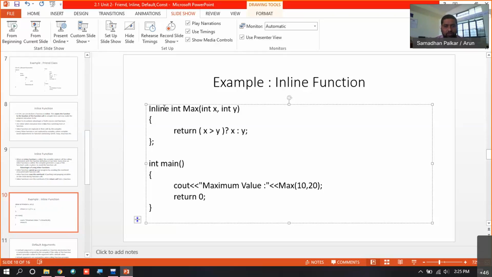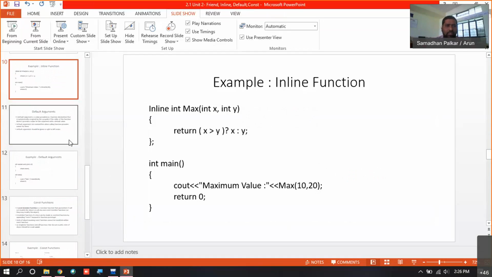Then the call max(10, 20) is a function call, and this call is directly replaced with this code, so the function is treated like a macro. This is the use of an inline function, which we have gone through in the assignment also.